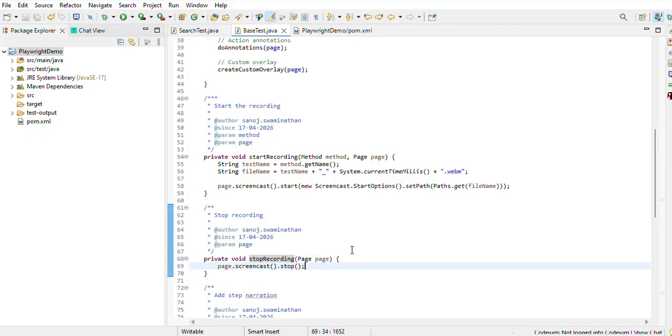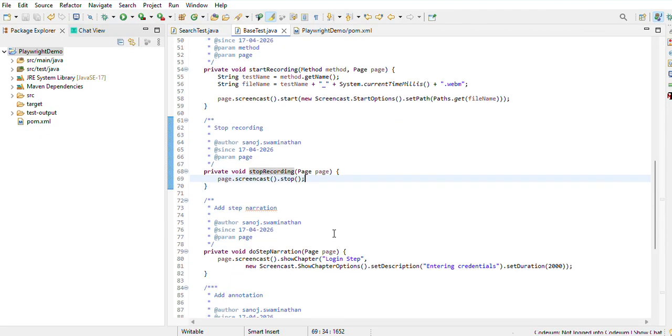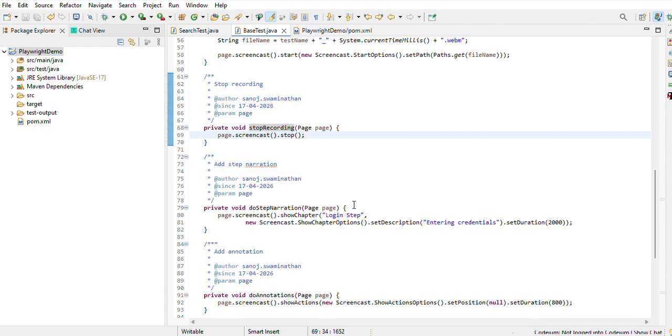So in between, once you start the recording, then we can call different other methods. As I mentioned, there is a do-step narration. This is for narrating some information on the screen, like login step. Some description we can provide. So this is not much important, but